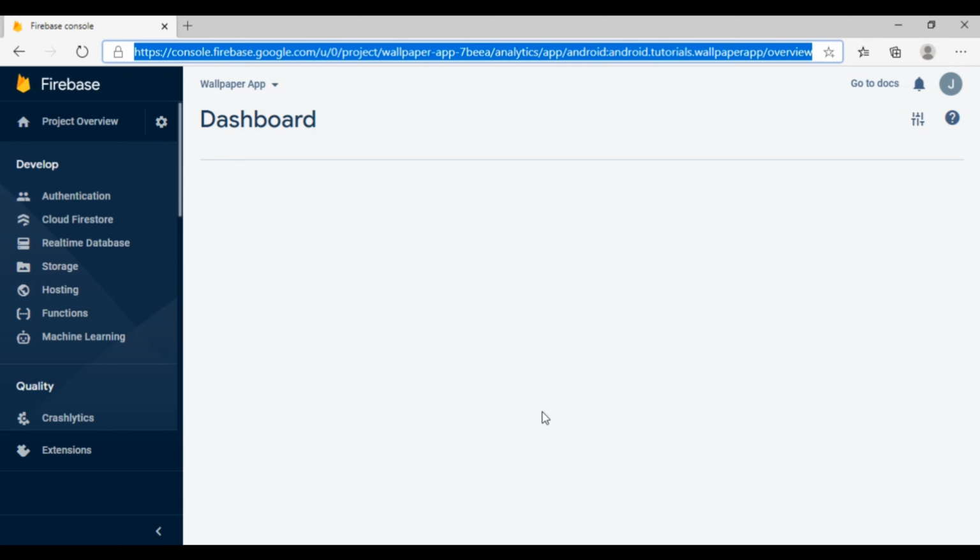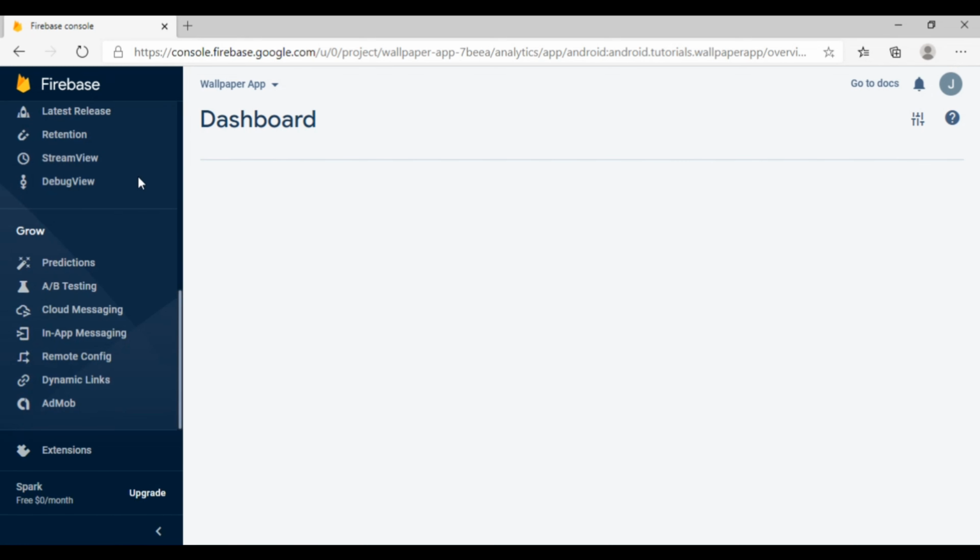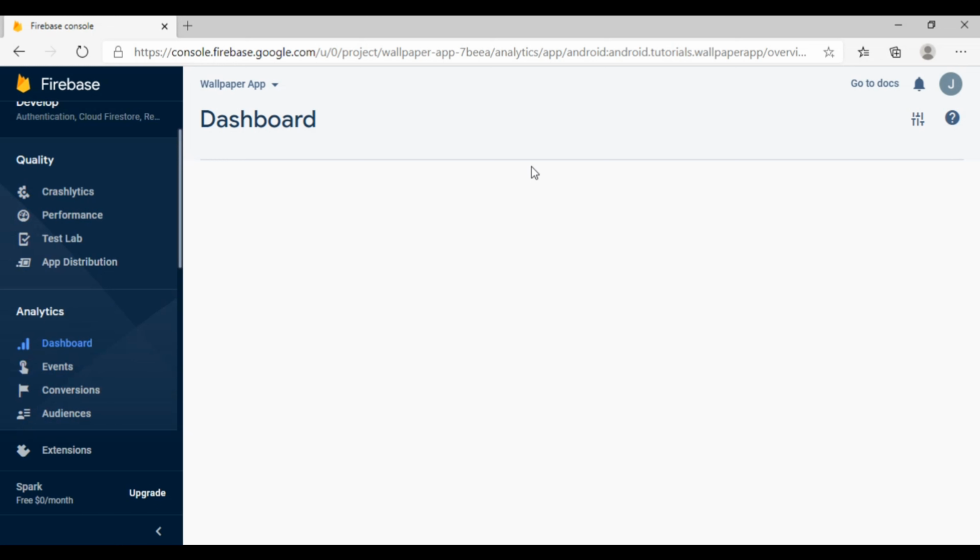So here our analytics dashboard is loading. Here the loading dialog was shown, so we have to wait for it to load. You can see that now all data is coming.